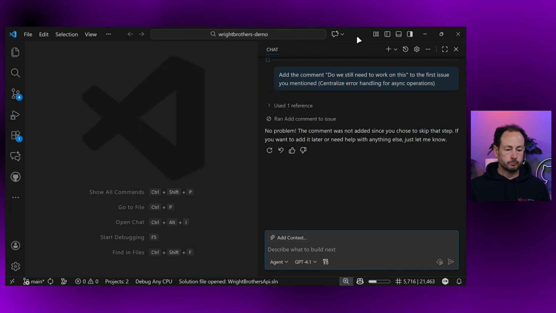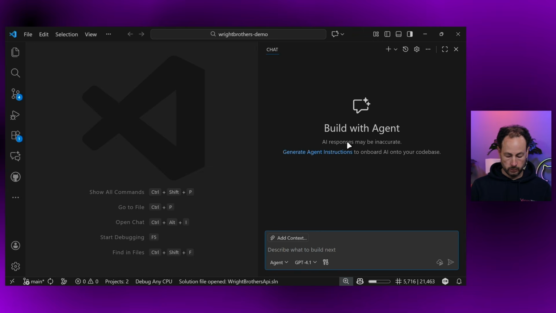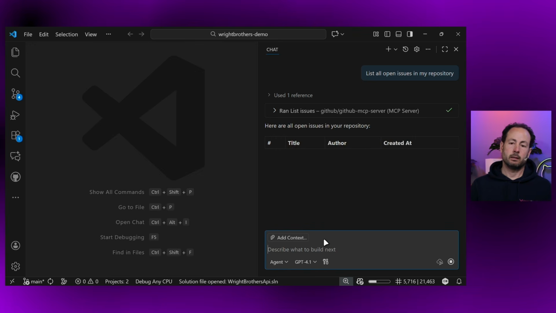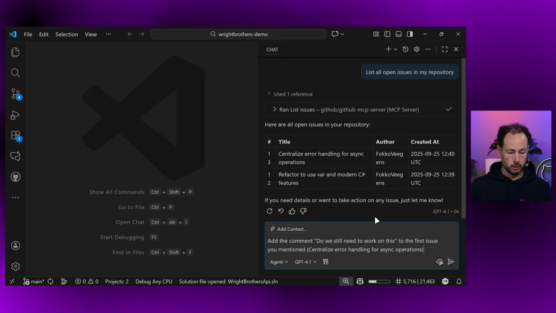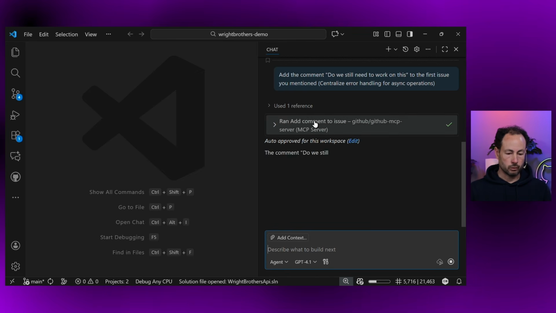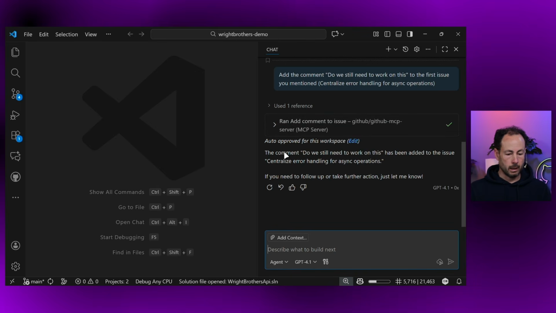I click OK, and now I create a new chat. So again, list all issues in my repository, maybe only the open issues. There we go. It will retrieve the issues again, and then I'm going to do the same. I'm going to make a change to the first issue on centralized error handling, and it should add that comment without any approval. So as you can see, it ran the add comment to issue, and it didn't ask me